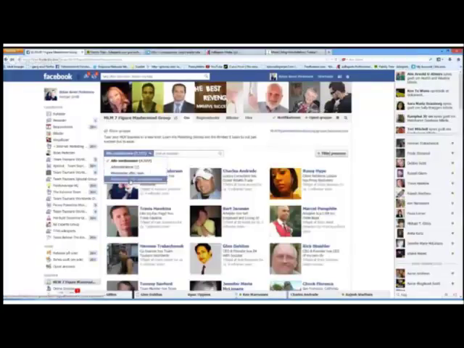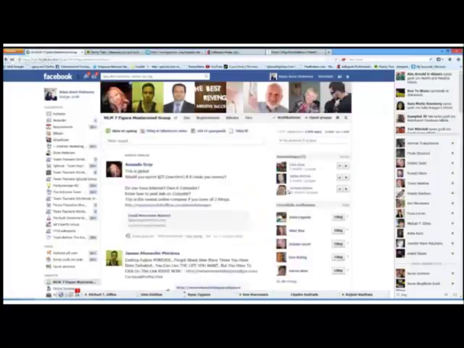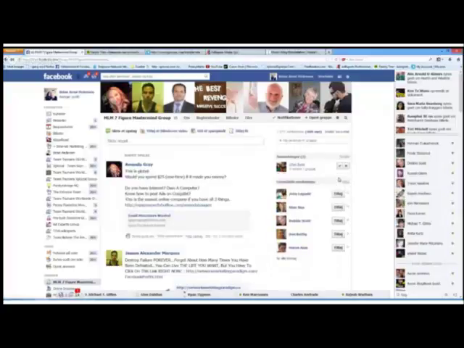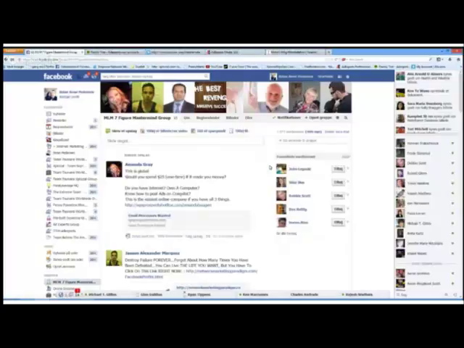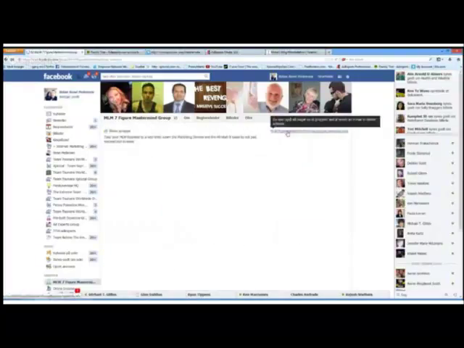Another thing, when you're walking through these groups, you can see right here there are people who want to be added. Click add, because it shows up with them that you just added them to the group. You can go in,